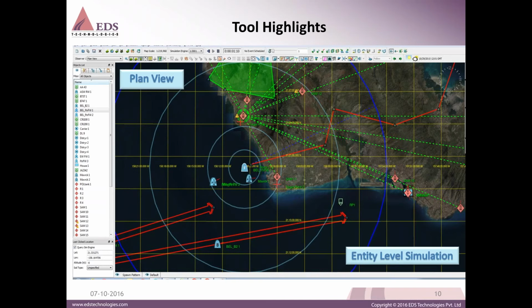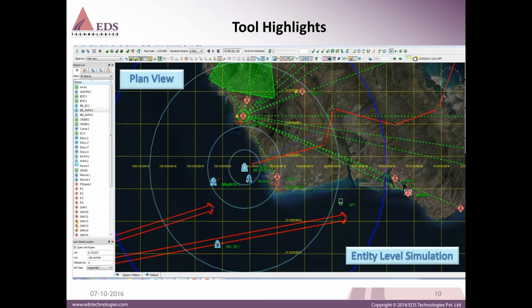with this sensor name. Because in VR Forces we work with two kinds of simulation: entity level simulation and aggregate level simulation. In entity level simulation, we work with entity to entity. In VR Forces you can import a lot of entities, but if you don't want to work with all entities at the same time, if I don't have interest in another part of the entities, then you can